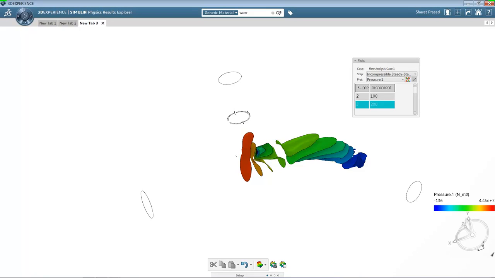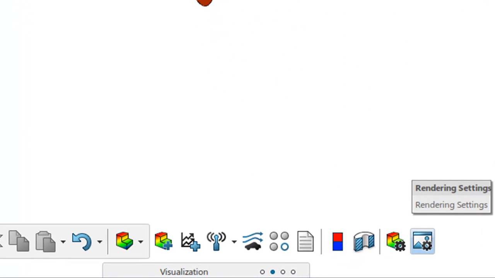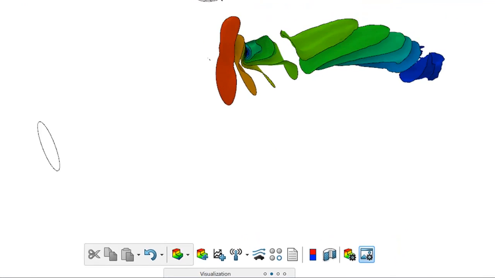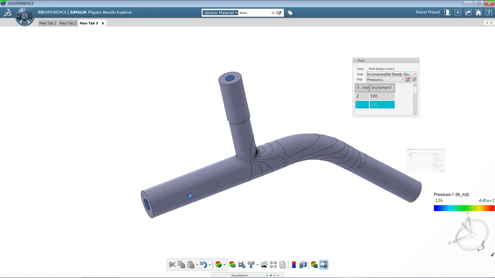Now one of the things that I want to do is show the CAD or the pipe assembly as well along with my simulation results. For that you have to go to the rendering settings,